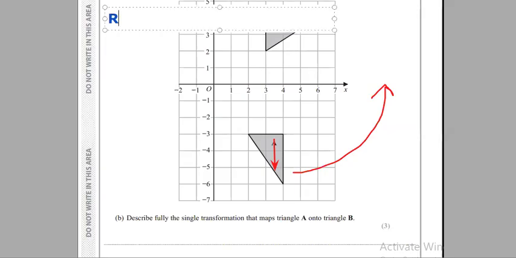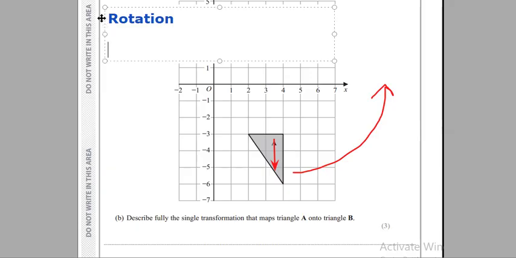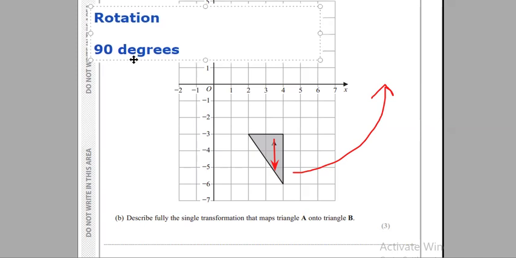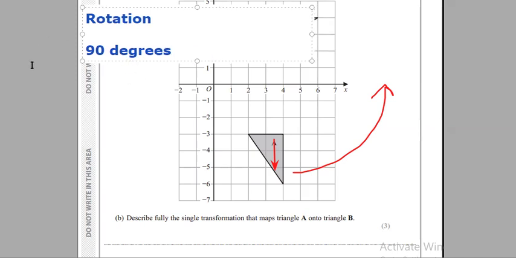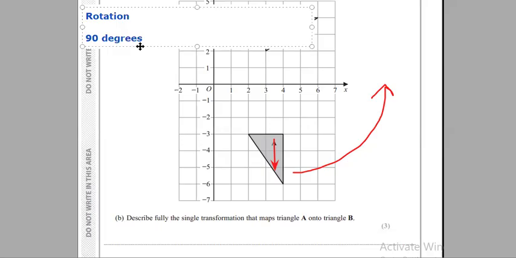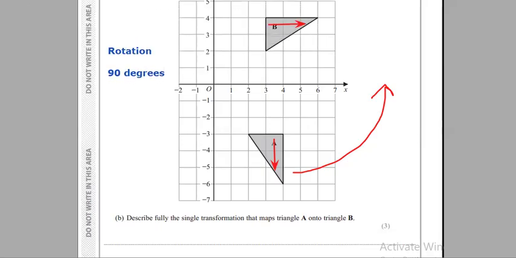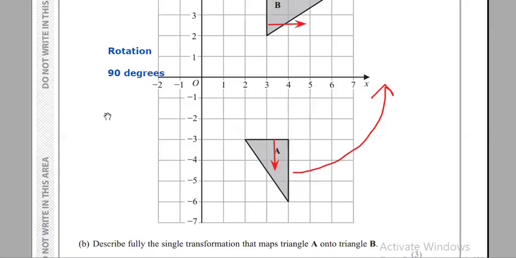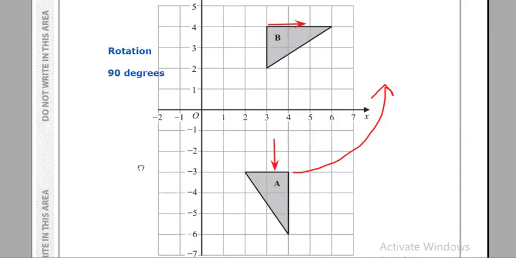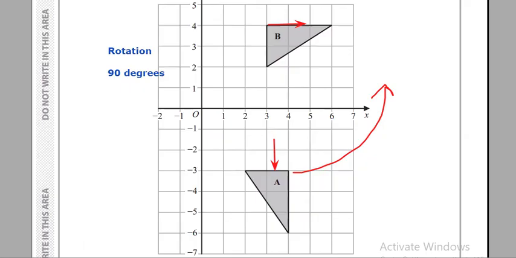So first, you can say it's a rotation, and because it's a rotation, you have to mention the degrees. We said it's 90 degrees. Let's make it smaller so it fits. I can zoom in. Okay, let's zoom in so we can see the whole shape. So we're describing here, we said it's 90 degrees,